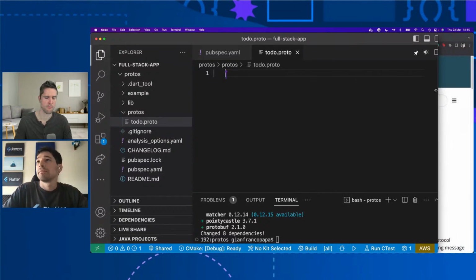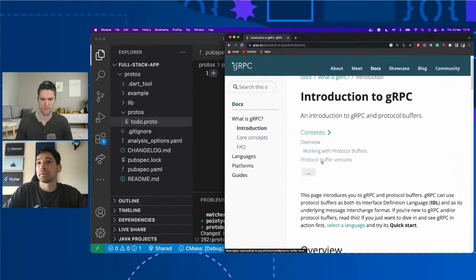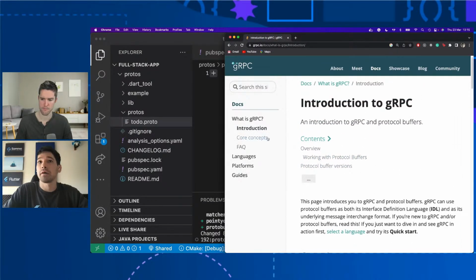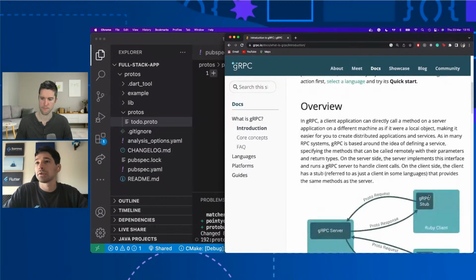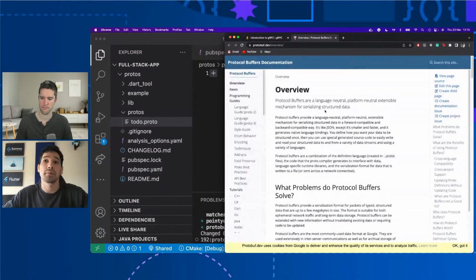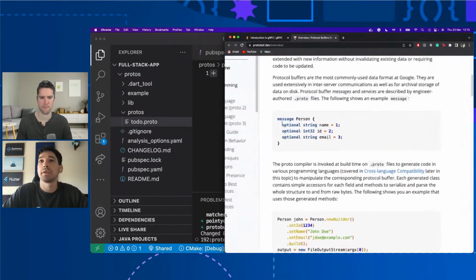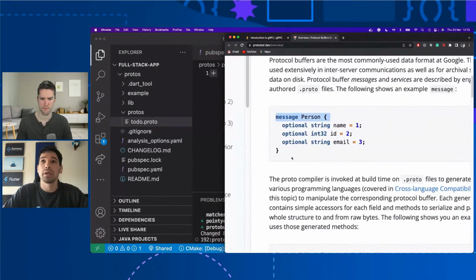So in here we can start defining what the protobuf for our model would be. I want to get back to the documentation so we can see the basic syntax of the protobuf. Let me search for protocol buffers, which has its own separate documentation. Here is more or less the syntax that we have to use in order to create a model using protobuf.